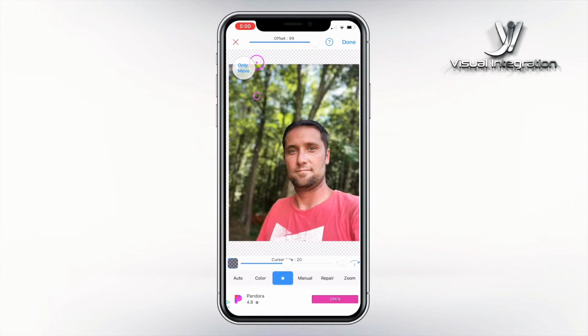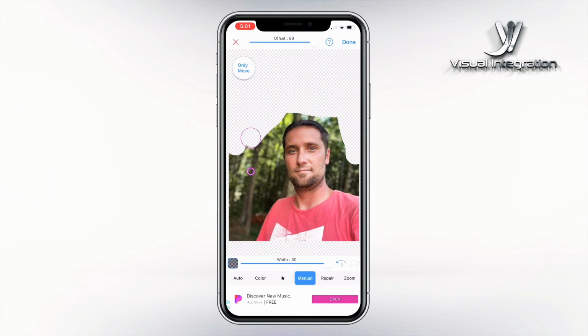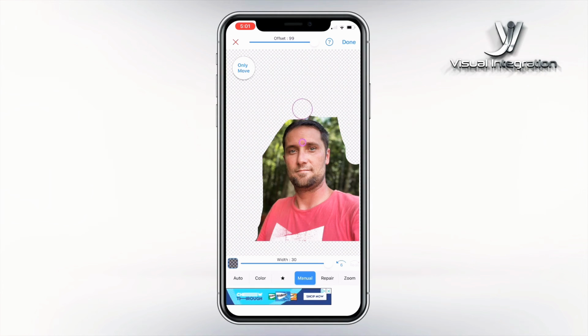All right, we want to hit manual, and see that? We have width size right above that now. That is the width of the circle to erase the background, okay? That's the biggest size, all right? So we're going to go ahead and just delete the background right here. I'm just going to go through this real quick, guys, so you get an idea and see how you can do it yourself. So we just kind of go through this real quick,